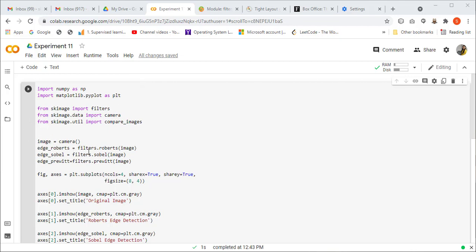The next lines are edge_roberts equals filters.roberts, and we have passed image here.